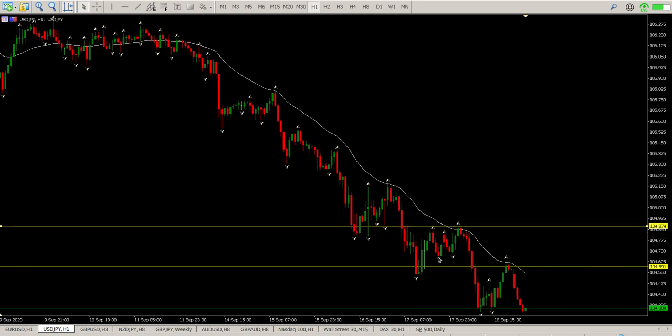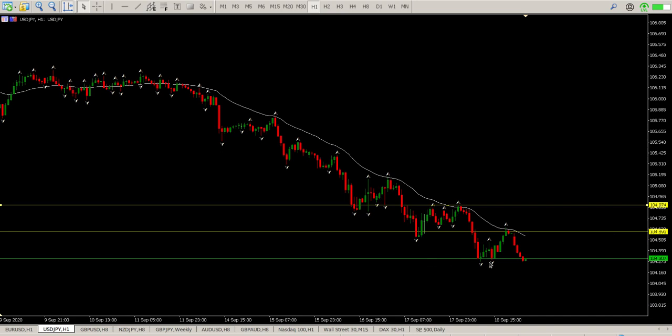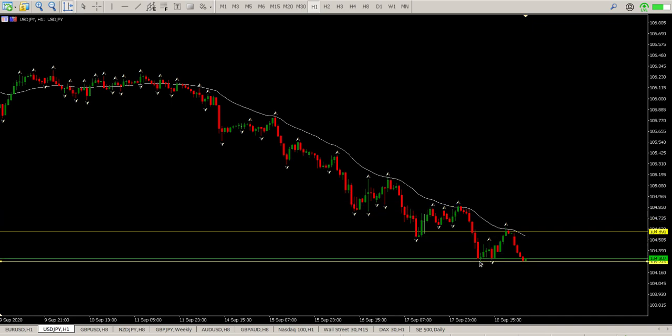Okay, you see, move down, up, bounce off, down, and now we've gone through the weekly level, gap down, and we are flirting with this area here. So what we're looking for is the same pattern. We're looking for a breakdown below this area. Let's just use that level. So we're looking for a breakdown below